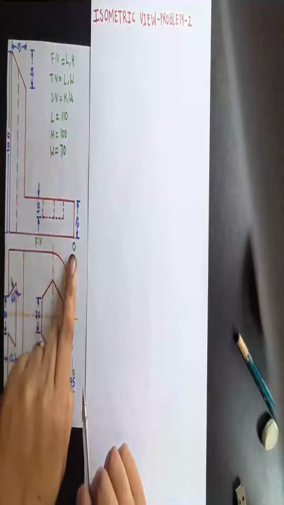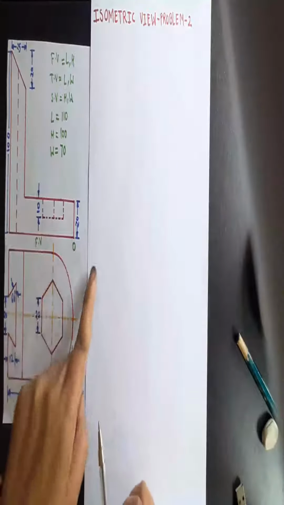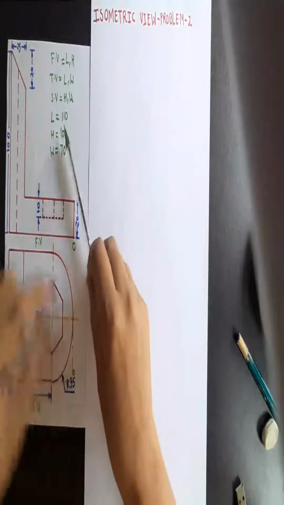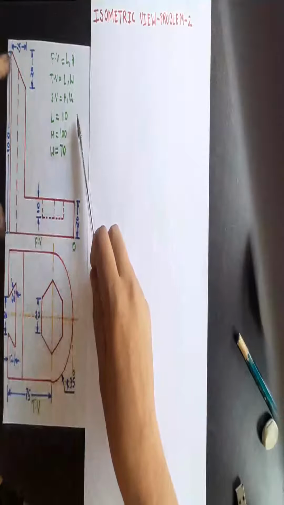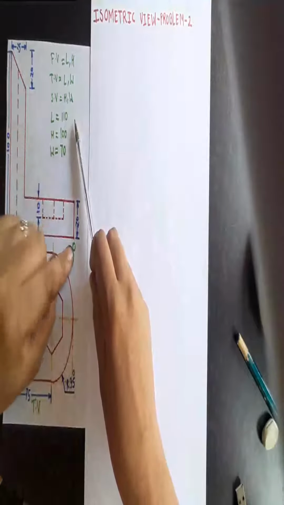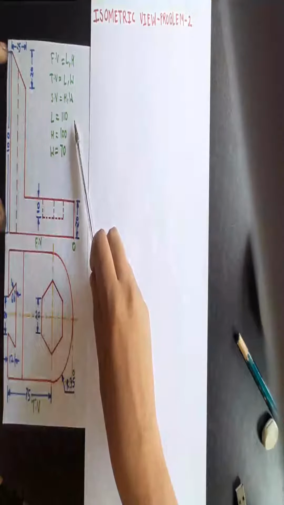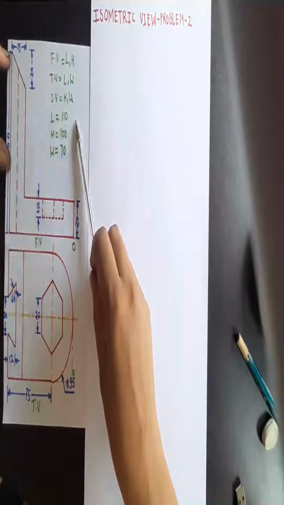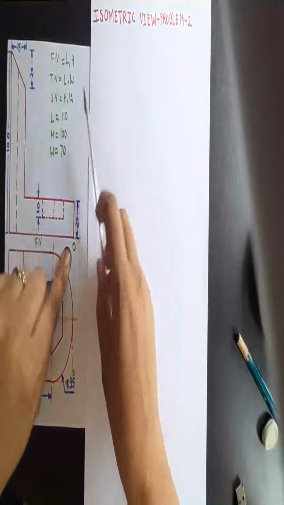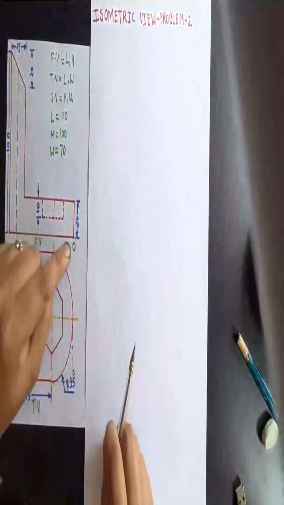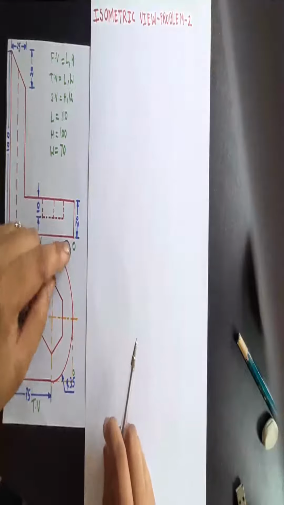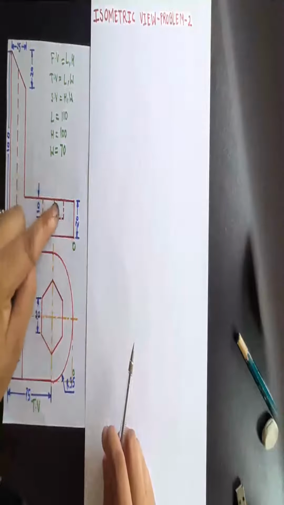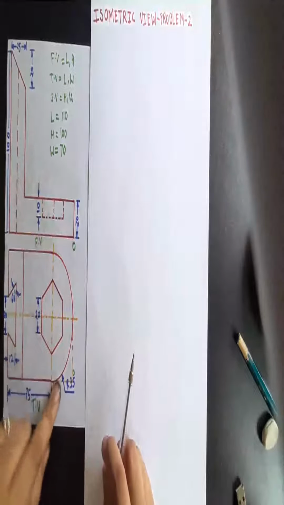But if we take this point as an origin, and as this is the origin, you are supposed to see from this direction like this. So in that case, this is the smaller distance and this is the longer distance. Smaller distance is near to the origin, longer distance is away from the origin. So definitely both the parts will be visible easily. Hence this point or this origin is visible. Once you have found the origin in the front view, let's move to the top view.